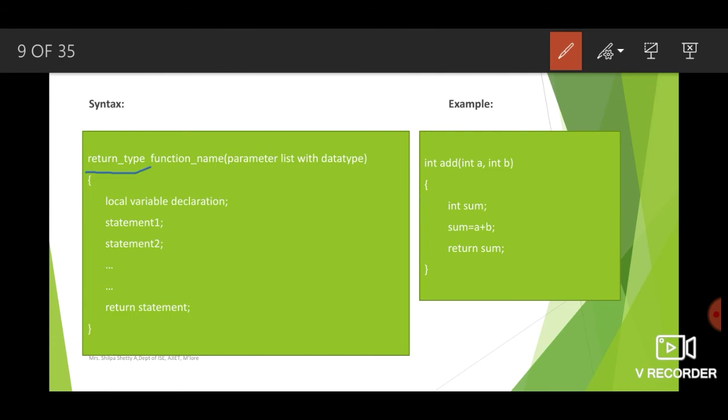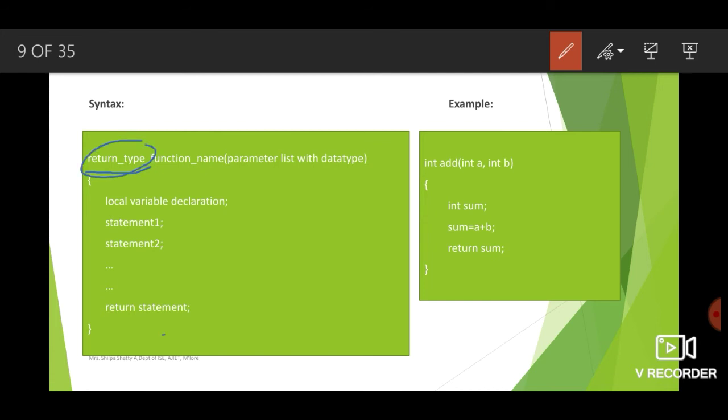That is nothing but called a return statement. To write the return statement, we write the keyword return, followed by the name of the variable in which the answer is stored. So return is basically returning the value, that is giving the answer, the reply. The return statement is with which the function will end. And whatever variable you write following return, its data type should be the same as the return type.